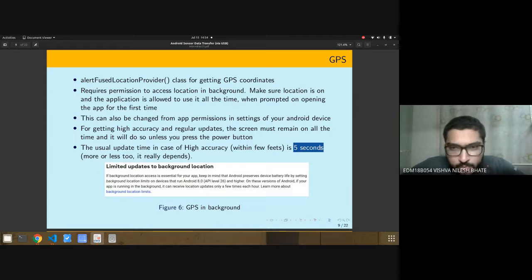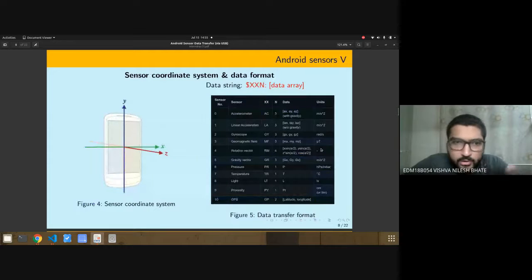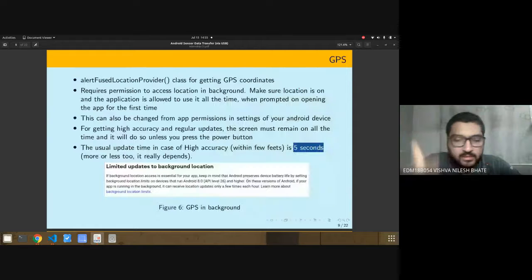Another issue with this, and also the sensor, is when you try to access it in the background. Let's say you close the app and try to run something else on your phone. The sensor data will still be sent, because I have programmed it that way, but the location will not be going as fast as it used to.